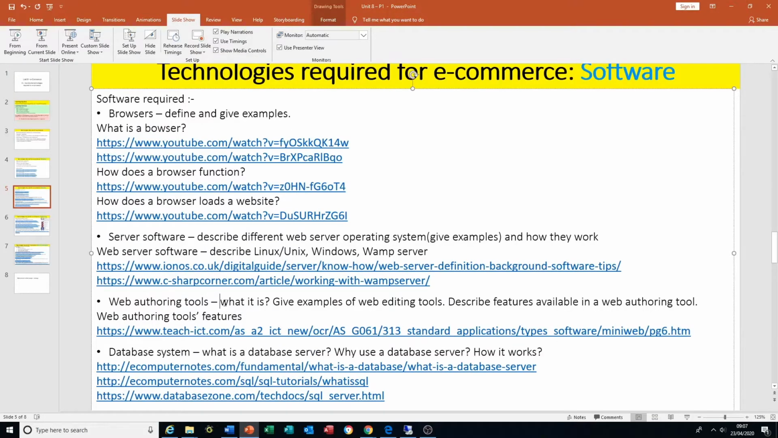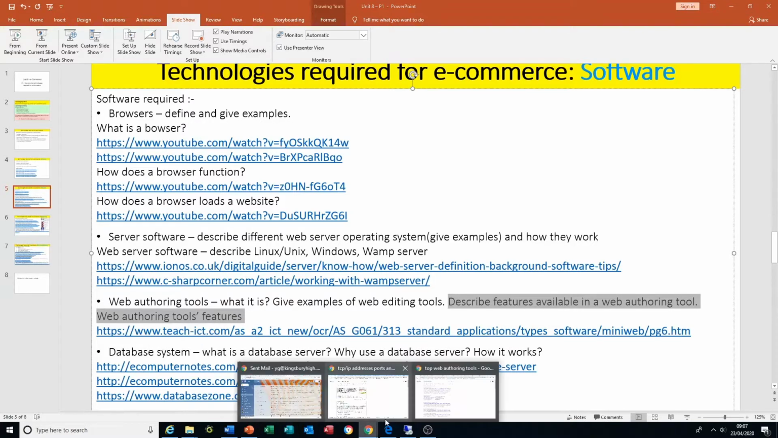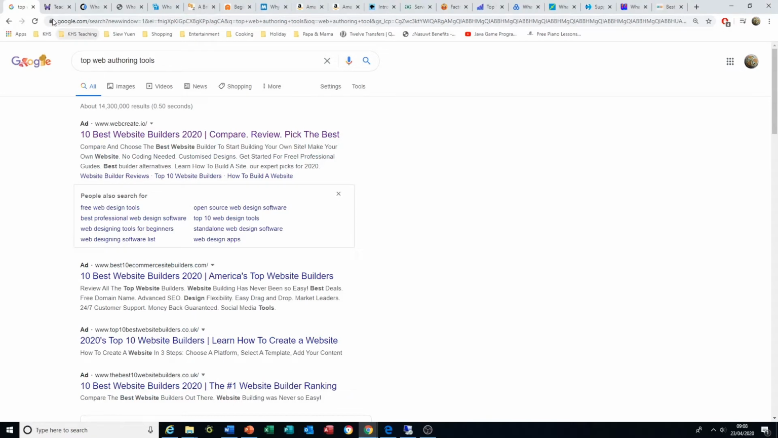So explain what web authoring tools are. Give some examples. And describe the features. Now, this is very important. Describe the features available in a web authoring tool. Okay, let's go back to here. Now, the features,